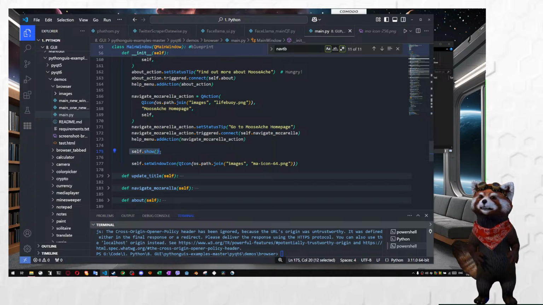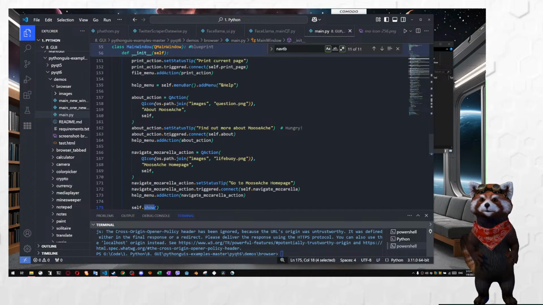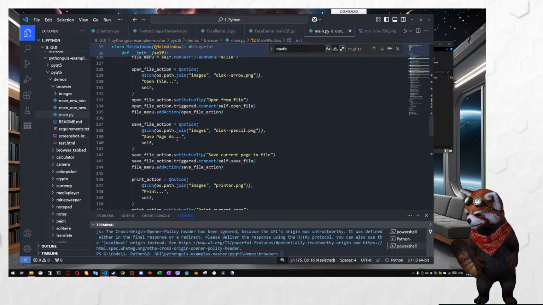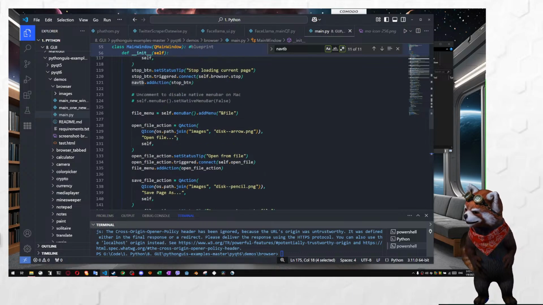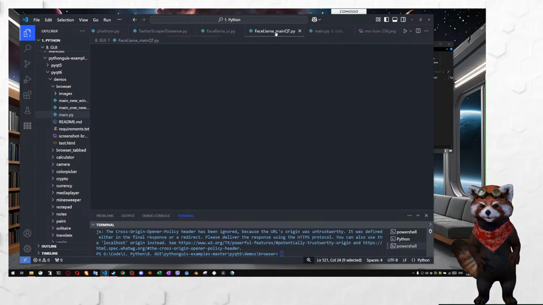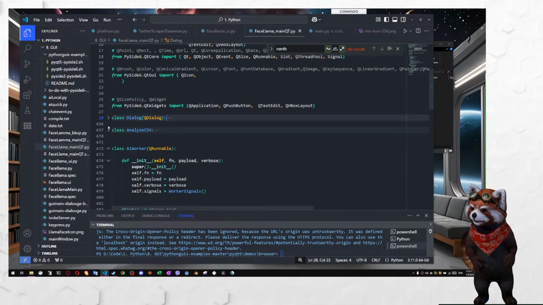And there it is, self.show. So the final aspect after we set all the details up, the nav bar, which is interesting because the nav bar didn't get attached anywhere. Did we add nav bar, add action, file menu, add action? See, in the file Qt in my other application,